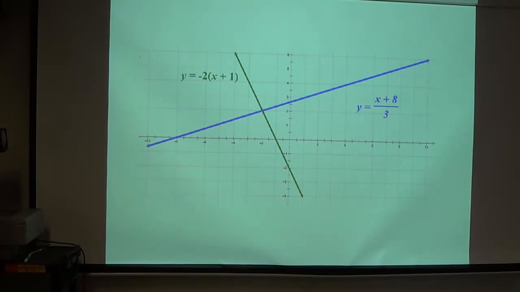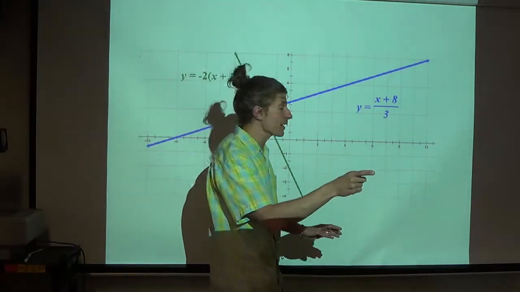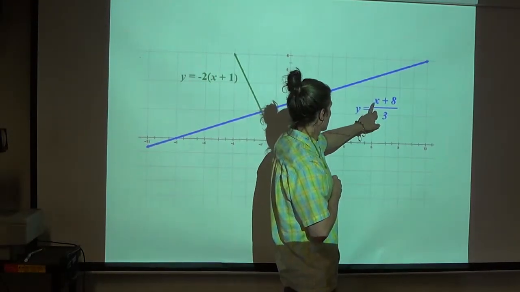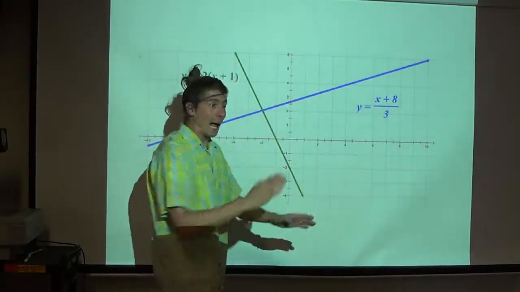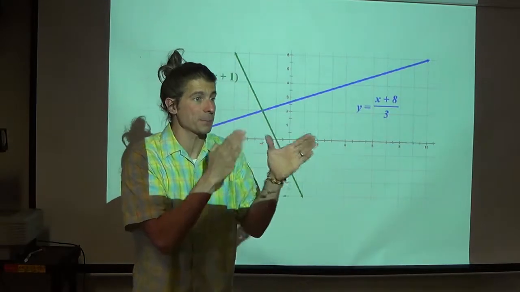Because you look at the x. No, go ahead. You look at the x, and it's over 3. So Taryn's going to the equation of the line, y equals mx plus b,